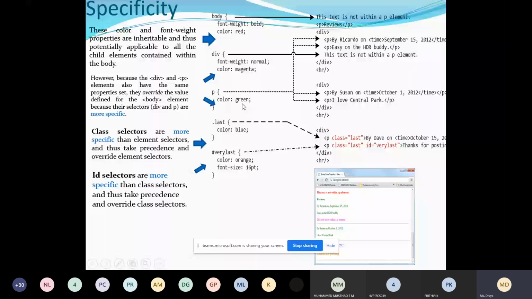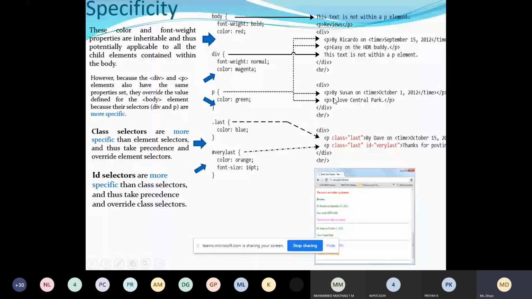In the div I have two paragraphs and this one piece of content. This text is not within a P element, so you can see that it is in slight pink, that is magenta color. Whatever you have in paragraphs, all the paragraphs get green color.